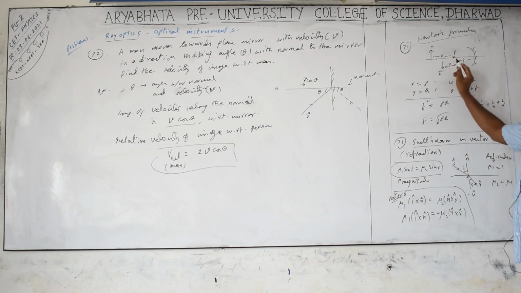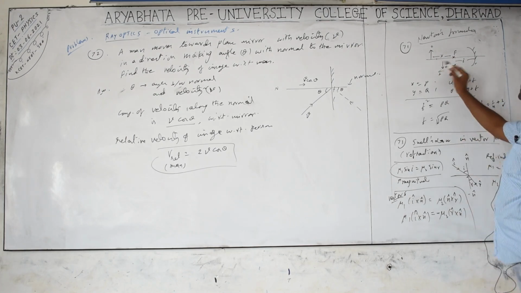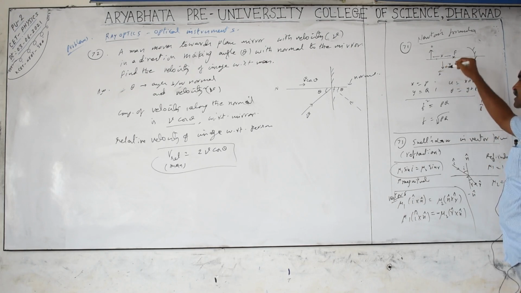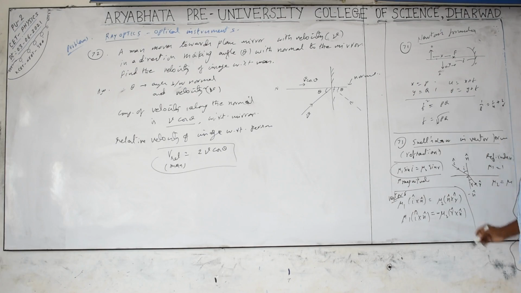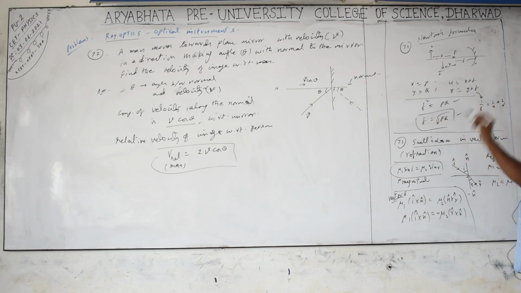the object and image from the focus. Newton took the distance from the focus point only. X and y or p and q, they may give you; the symbols may change. Object distance x from the focus, image distance y; the symbols can be reversed. Substitute u equal to x plus f, v equal to y plus f. Substituting these values into the basic formula, you will get the relation for the focal length as f square equal to pq, or f equal to root of pq. This may be asked.